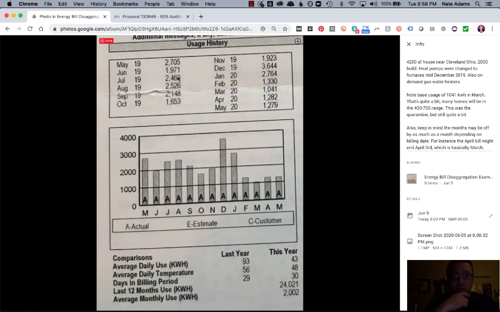Something here is going on, which means you need to true your cooling cost up when we get there. So let's say it's probably going to be somewhere between 3,000 and 4,000 kilowatt hours. So let's say 4,000, times 1.3. It's like $450 for the year for cooling. That's a lot for our climate, even for a bigger house like this. So that gives me an idea of what's going on. And again, what we're trying to do is disaggregate to figure out what you need to put into EDS for costs